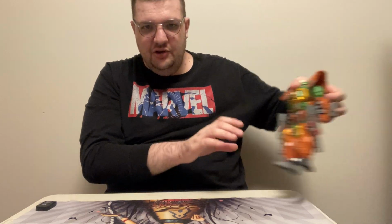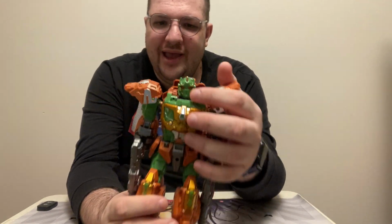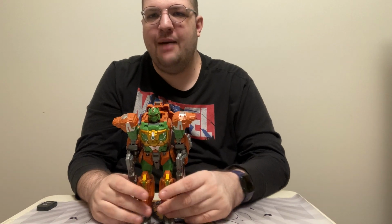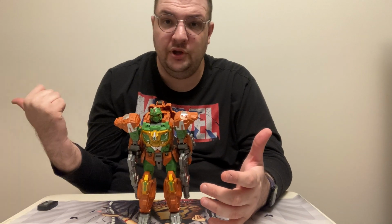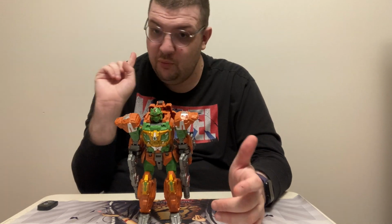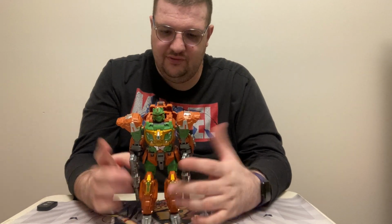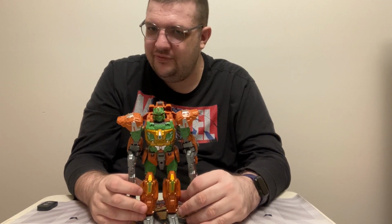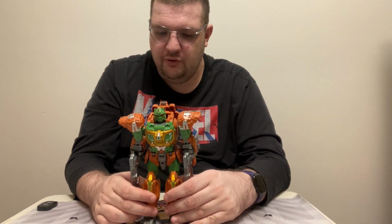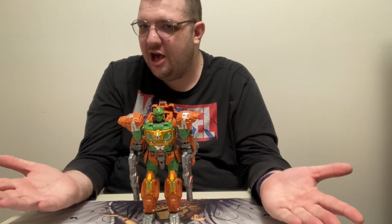We move on to number 10, the Lee Jane Rhino Rider. This figure's an absolute joy. It follows in the footsteps of Guerrilla Leader, Commander of Justice. I will never miss an opportunity to say that name. And Lee Jane just kind of hitting it out of the park with their Beastformers. And I've heard great things about their other figures too,